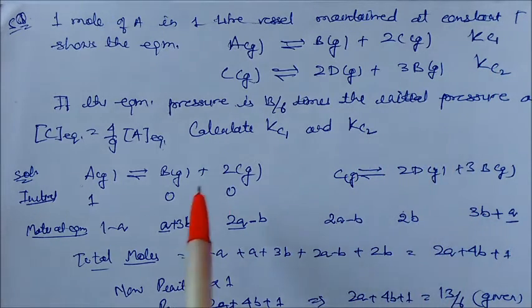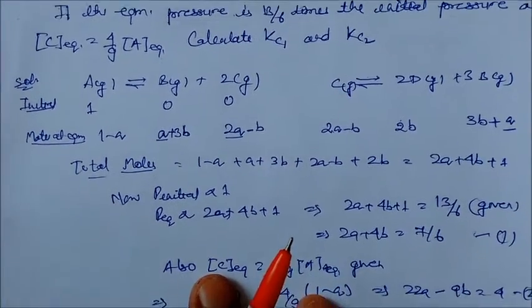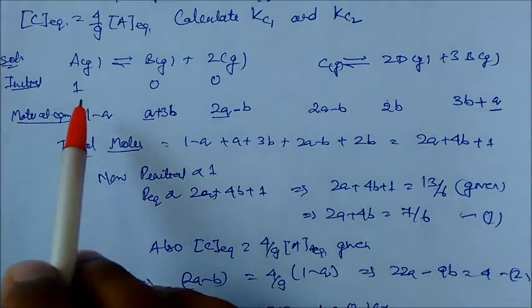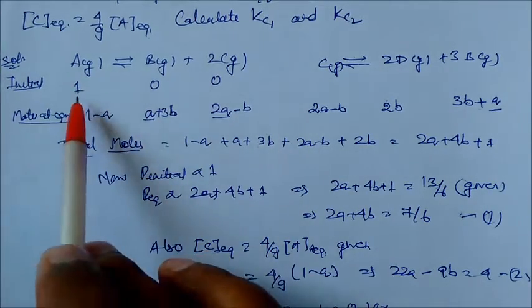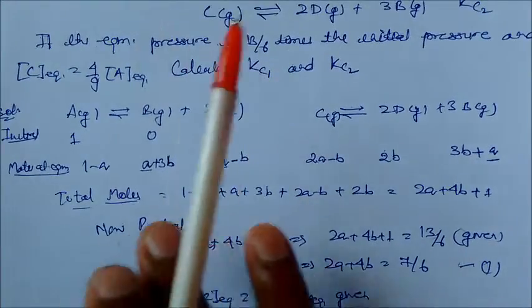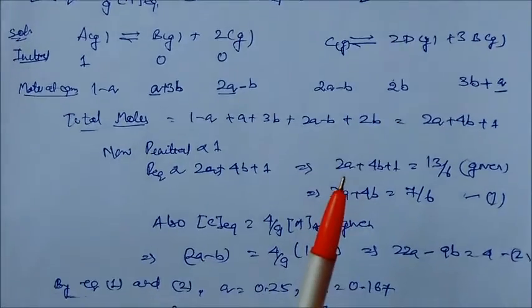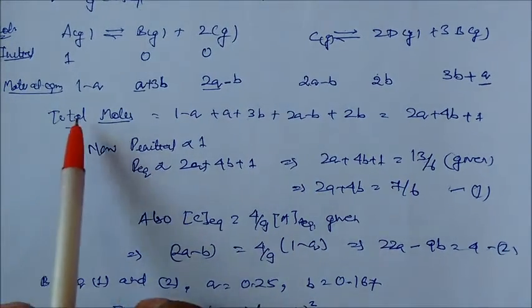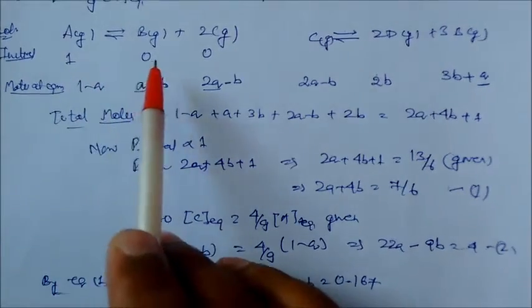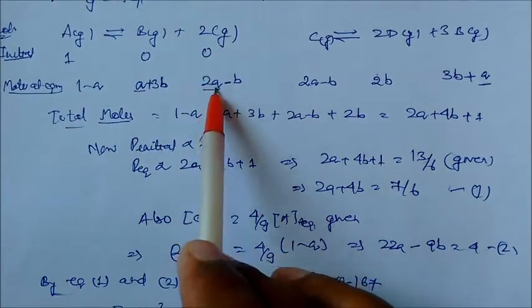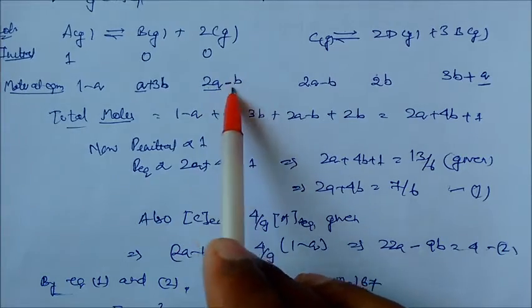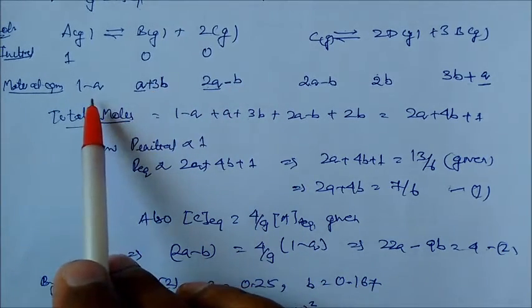So how can we do this problem? First you write this equation, and first we need to find the concentration of each gas. How can we find it? Initial concentration is 1 mole, which is given here in the equation. So first you write 1 mole, and the others are 0 and 0. So we can write here a, and this will be 2 into a. Initially it will be a and 2a. Don't take this one. This will become 1 minus a.